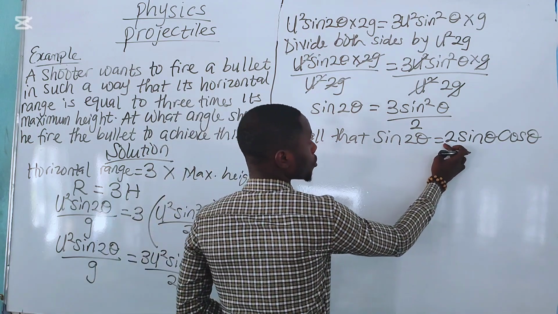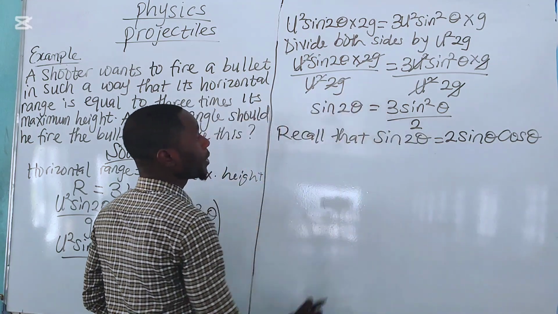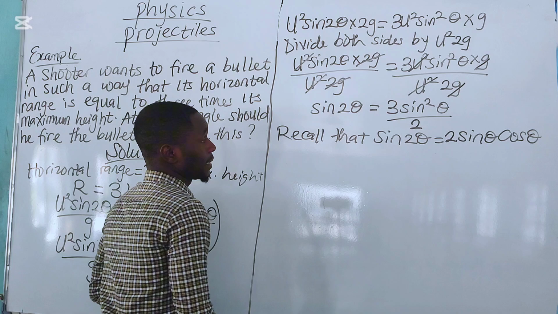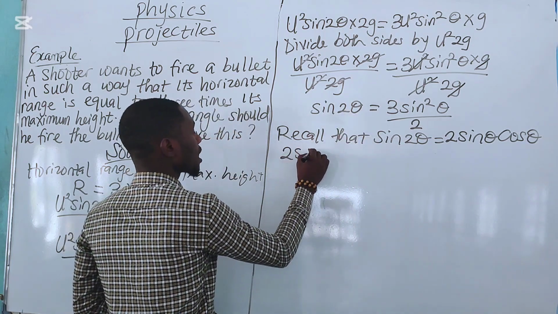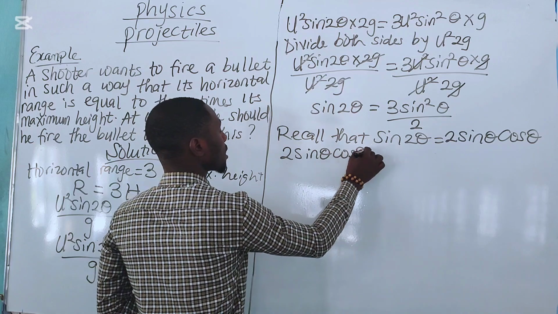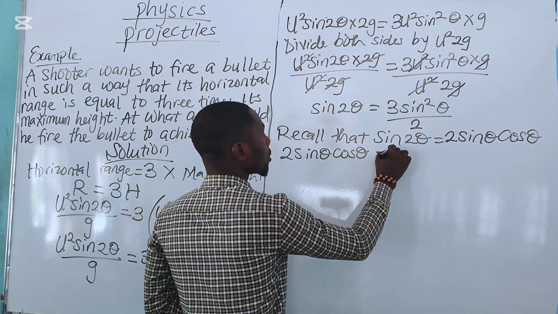So let's substitute 2 sine theta cos theta in place of this sine 2 theta. When we substitute that, we have 2 sine theta cos theta equal to